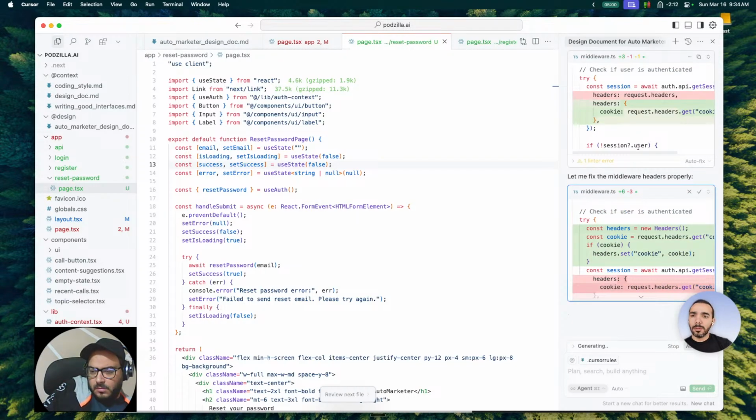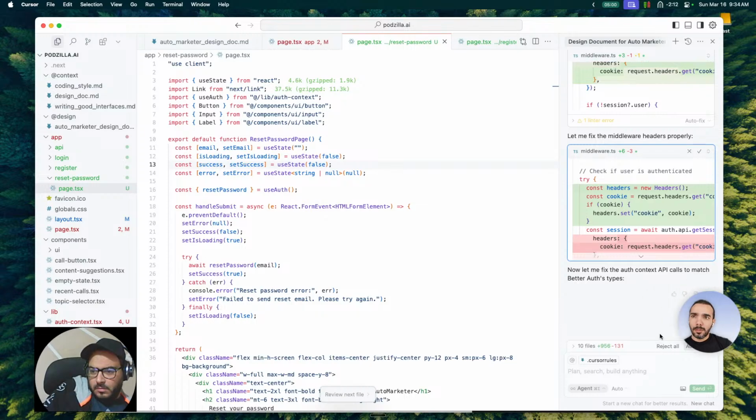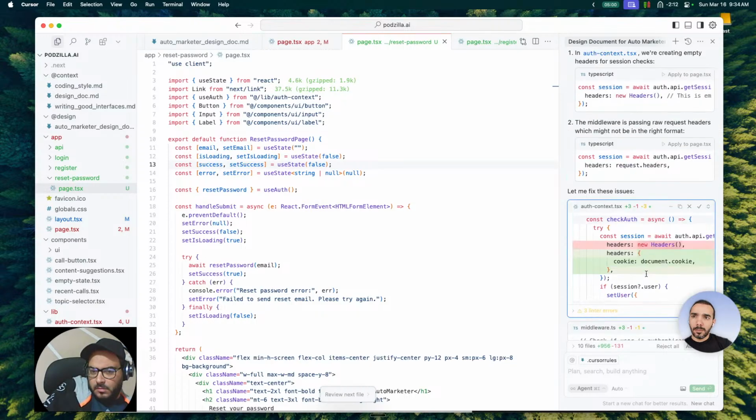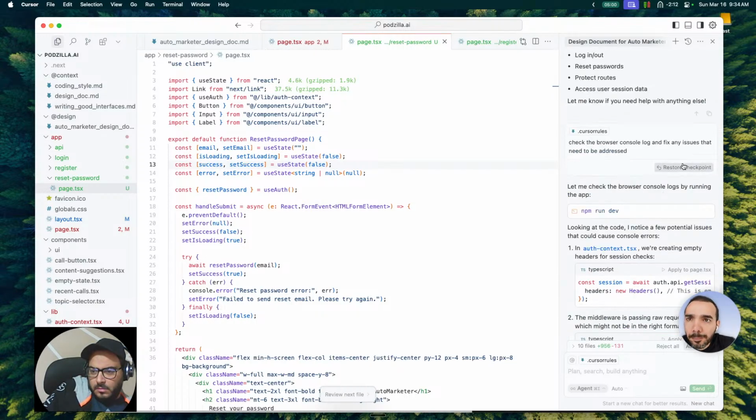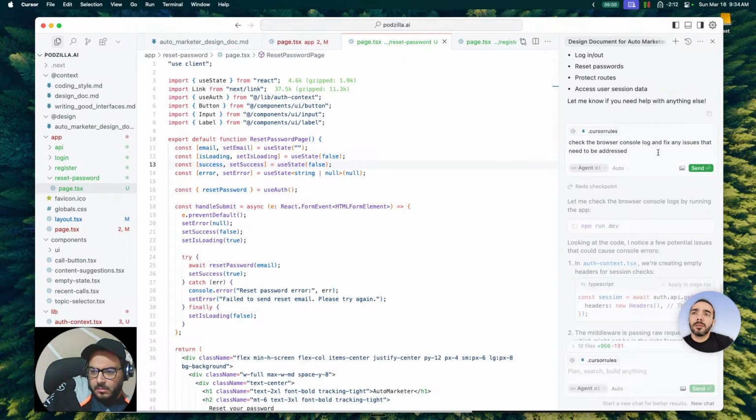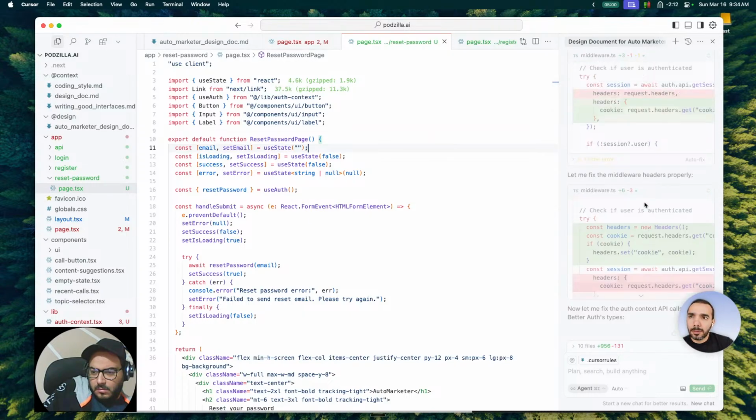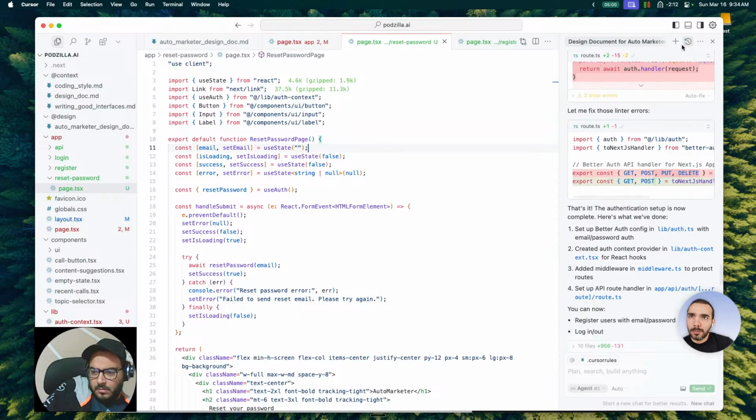What code? What are you talking about? What is this? Okay, let's just go back here. Clearly, it doesn't know what it's talking about. It didn't connect to the browser console. So what I'll do is, instead of continuing like this, because it's getting pretty messy, I'm just going to create